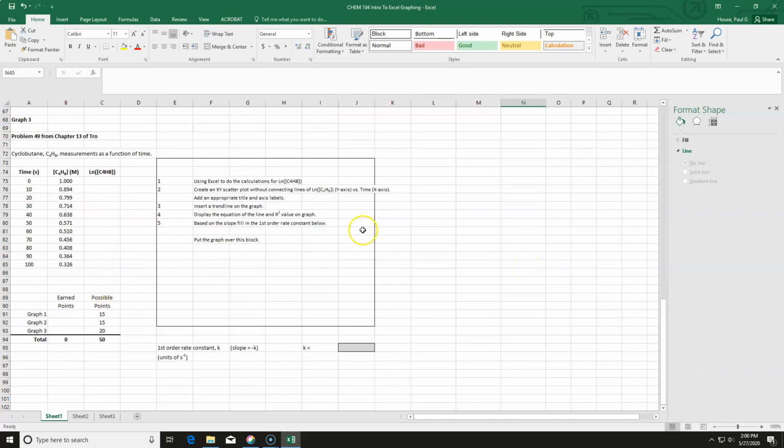This graph is very much like the first one, except you have to do some data manipulation. So here we don't want to plot the time as the x data and the concentration of cyclobutane as the y. We actually want the time as the x data, but the natural log of the cyclobutane concentration. So this is going to be equal to ln, a function we can use in Excel to calculate the natural log, and then we're going to take that,